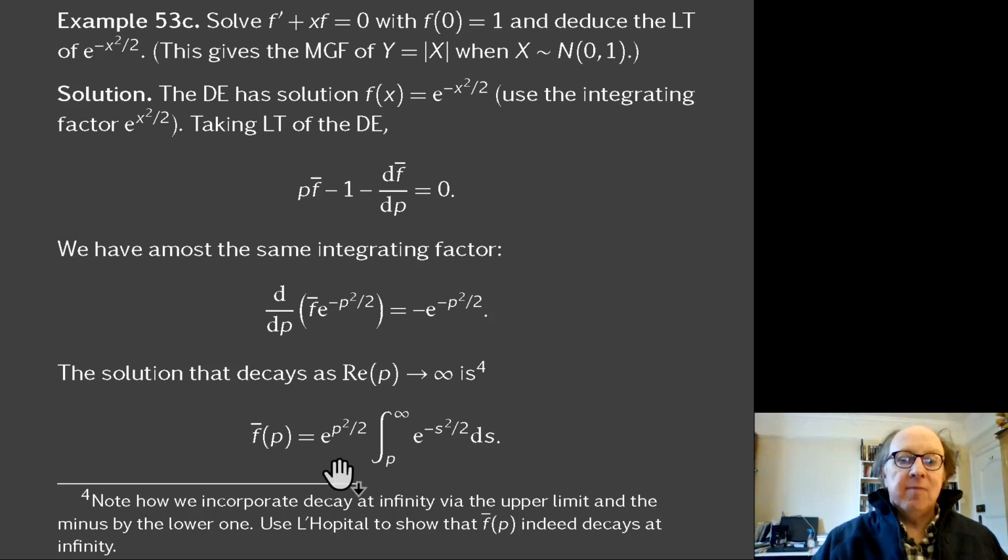You might ask, given that this function grows extremely rapidly as p goes to infinity, whether this product does in fact vanish as p goes to infinity. Because although this goes to 0, does it go to 0 fast enough compared with this one? And the answer is yes, it does. And the easy way to see it is to write this as the integral divided by e to the minus p squared over 2. And then you can use L'Hopital's rule once on it, and you will find that the limit is indeed 0.